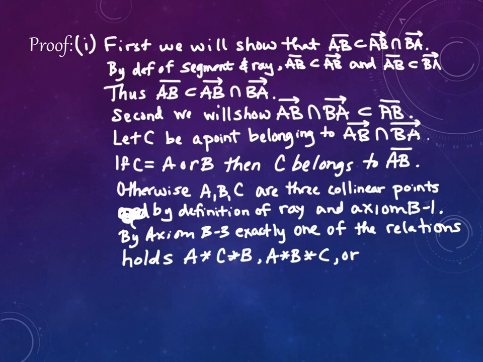Yeah, I'm going to write it in the other order, but yeah, you've got it. So C star A star B. In other words, A is the in-between point of the three. Exactly. All right, so we've got to show why the second two aren't going to work. So we will take the second one that we mentioned. If A star B star C holds,